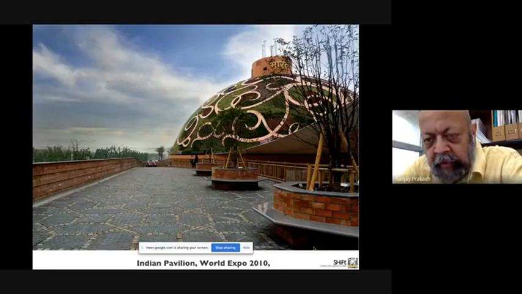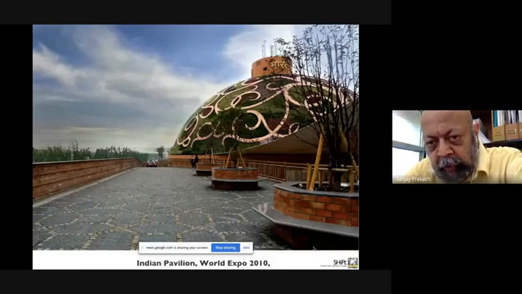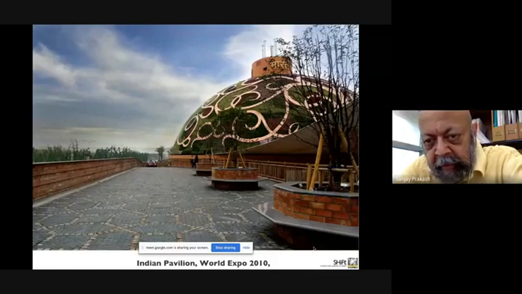It was one of the most ecological materials that could have the potential of replacing steel for large spans. And therefore, when I got this chance to design the India Pavilion at the Shanghai Expo in 2010, I took that chance and designed a dome, which happened to be at that time, again, neither the Matighar dome nor this dome exists anymore. But at that time, this was the world's largest bamboo dome.